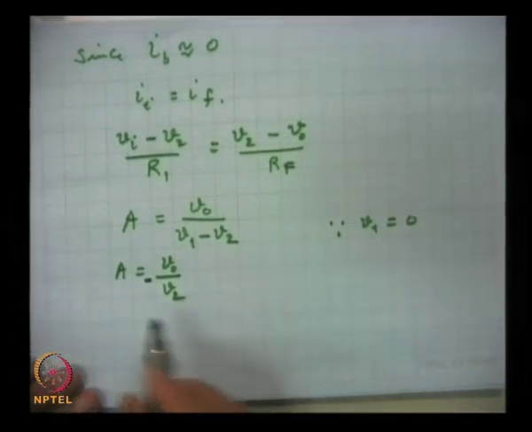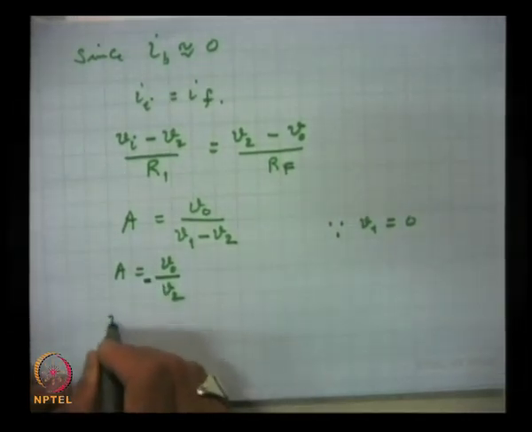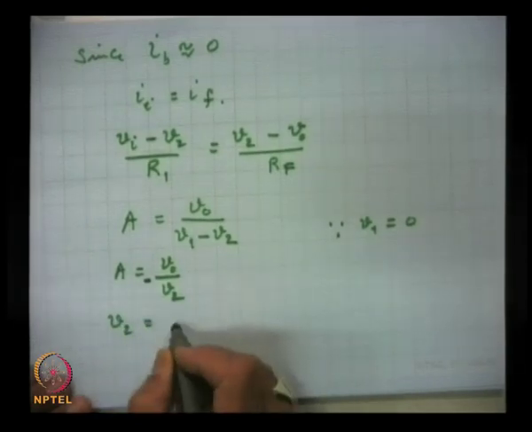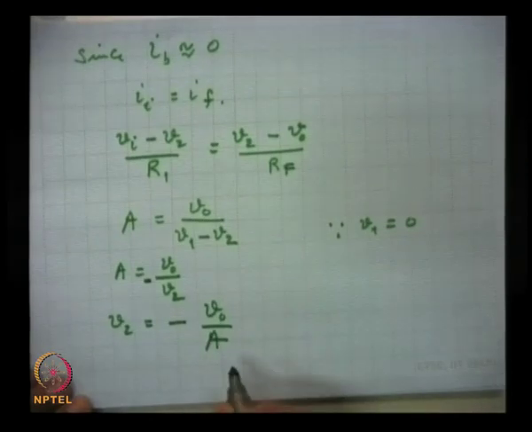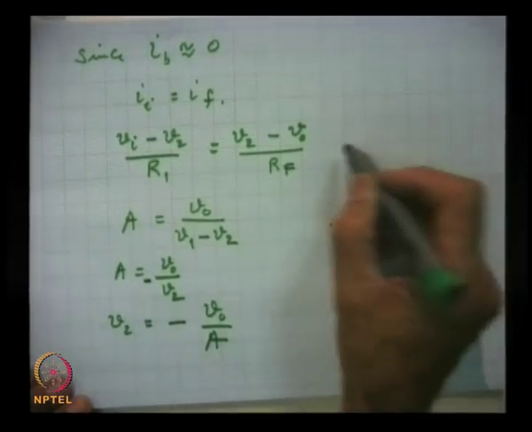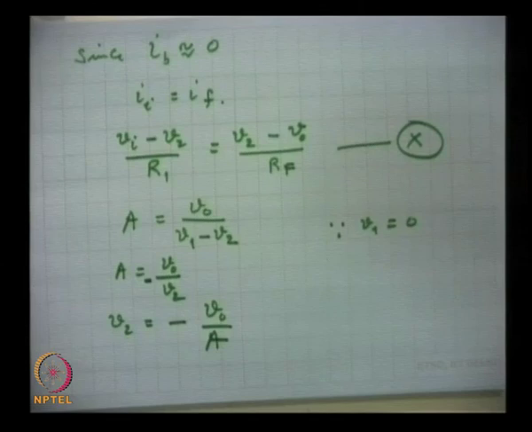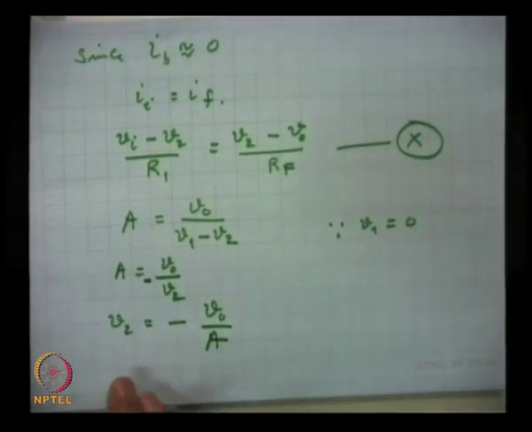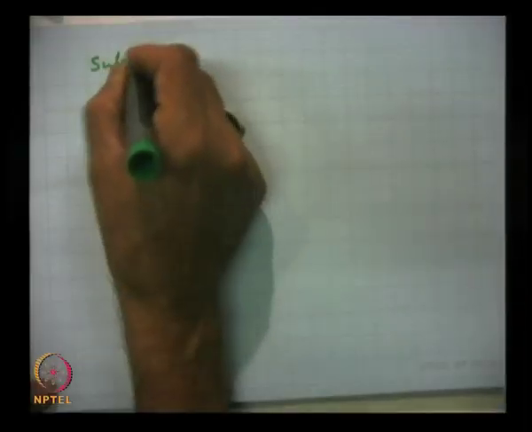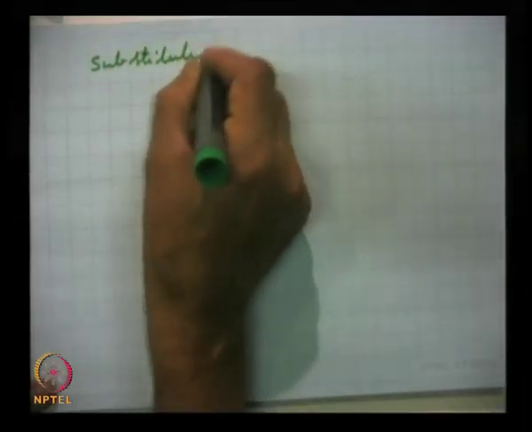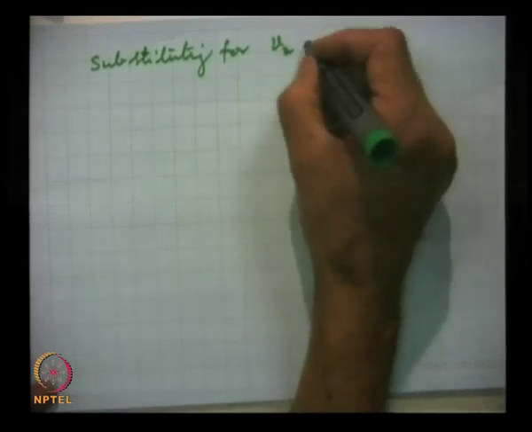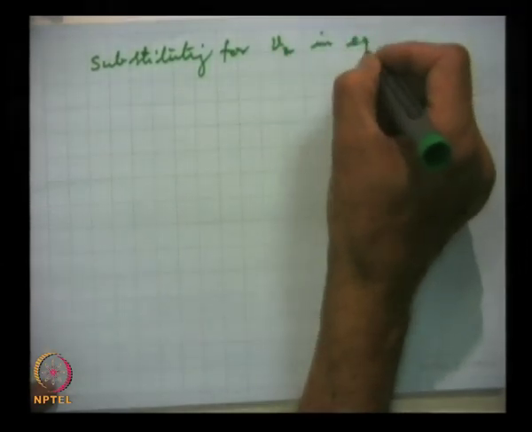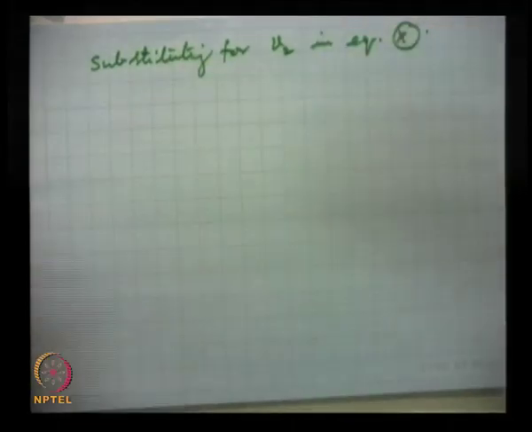From here V2 is equal to minus V0 by A, and this we substitute. Let us call this equation X. In equation X, substituting for V2, we get